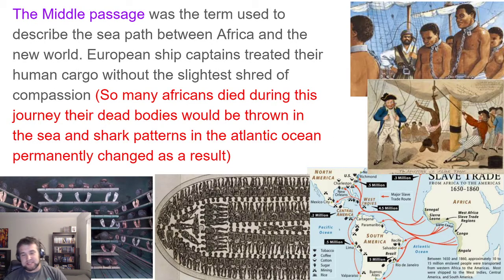All right, now we get into the Middle Passage. So the Middle Passage is this term for when the slave ships would be full of slaves and travel between Africa and the Americas. And by every way I can imagine it, it was the most horrifying human transportation in the history of the world. Maybe second